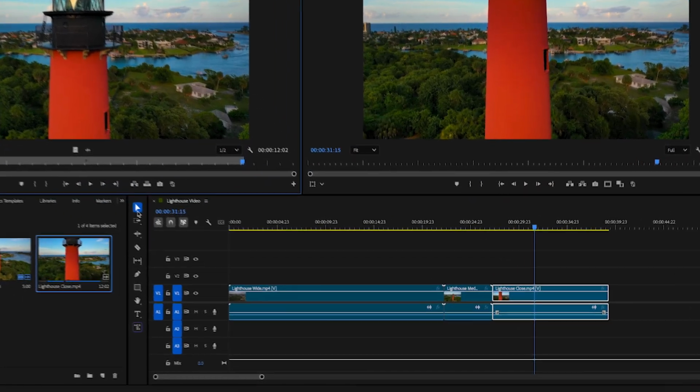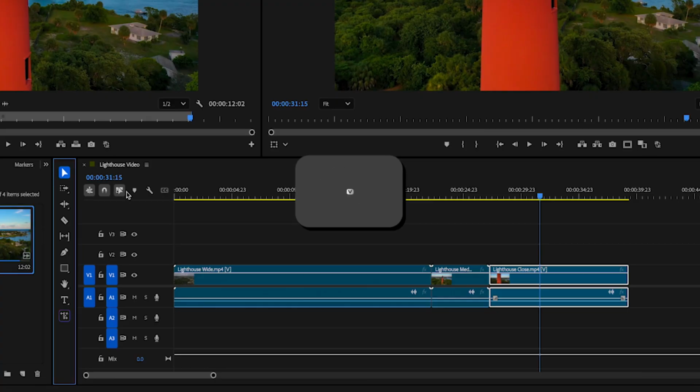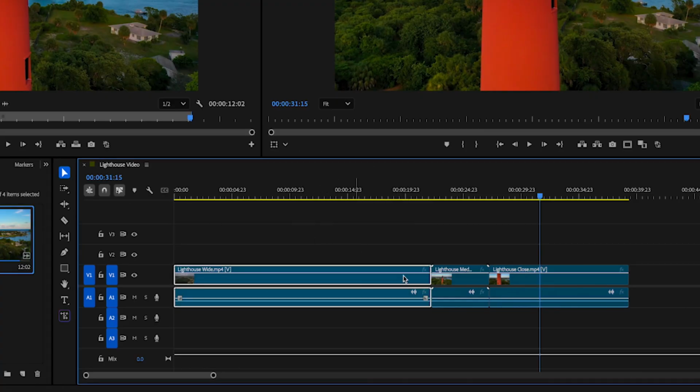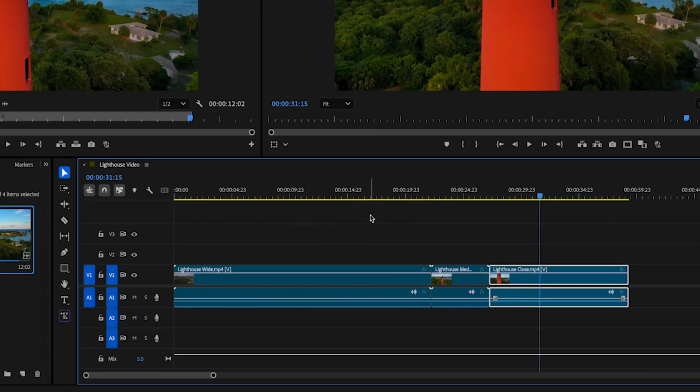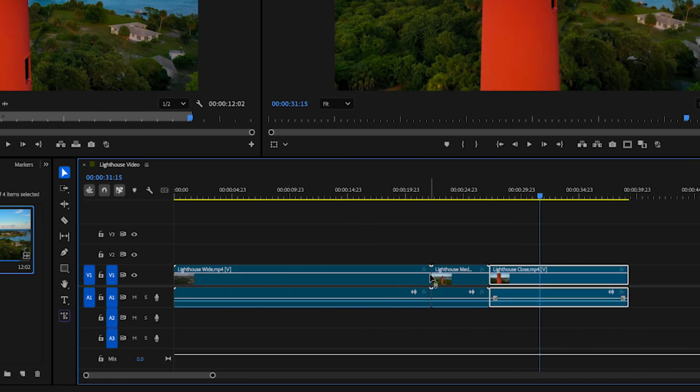The first and most used tool is the selection tool, and that's this tool right here, and you can click on that, or you can click on the letter V on your keyboard. The selection tool allows you to select clips down here in your timeline. You can click and drag and select all of them. You can move clips around in your timeline,